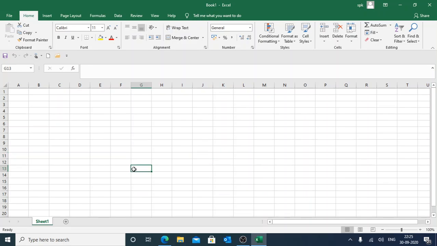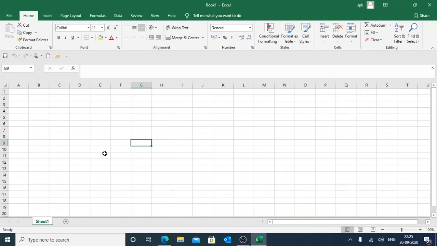Every cell has a unique address, but the cell which is selected is shown with a dark black boundary and it is called the active cell.